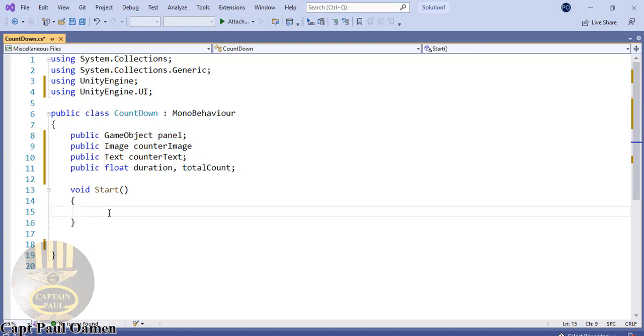First of all, I'm going to say panel dot, let's say set, just tab, you can see it here. Let's say tab, and that is it. Dot set active is false. Now the next one is going to be my, let's go for the total count. Paste that right there. Total count, that will be equals to duration, equals duration there, and followed by